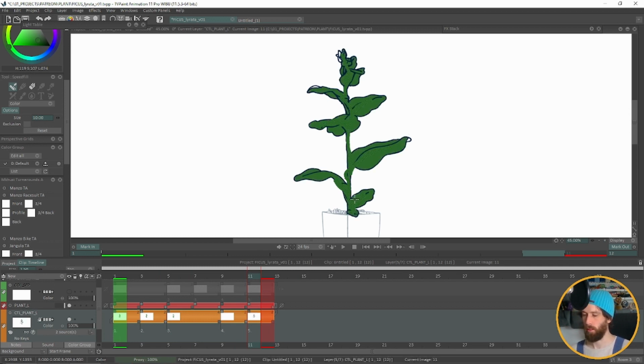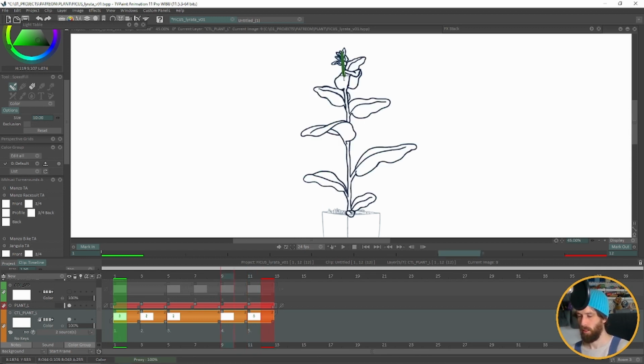You don't need to do everything all at once. But there you have that area. And again, this is generally much quicker than trying to paint bucket stuff. And I'll show you an added benefit it has as well